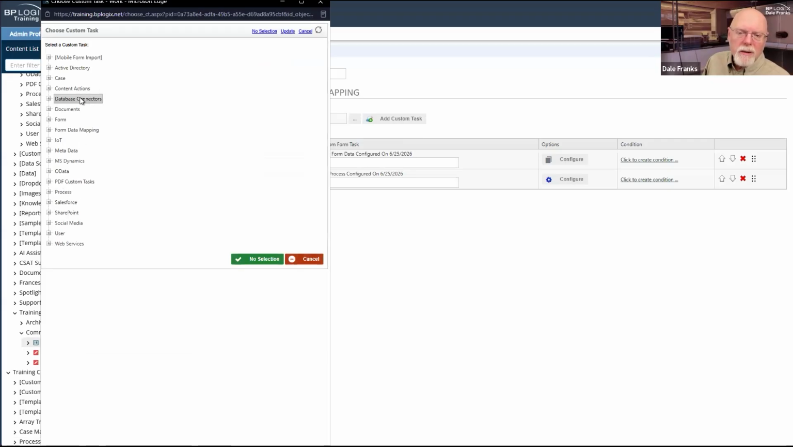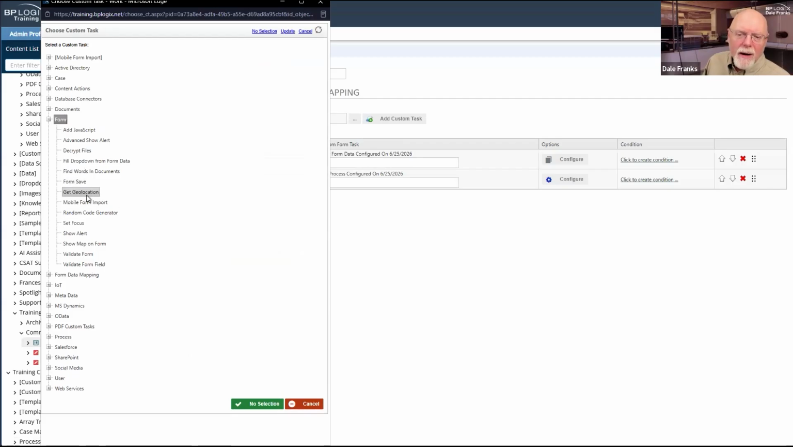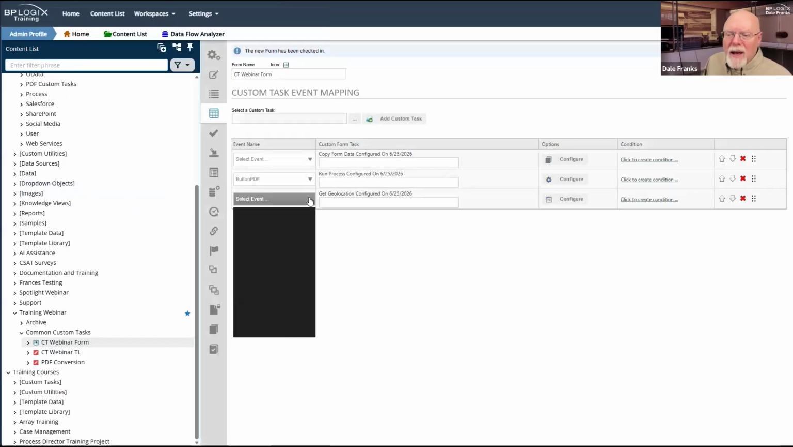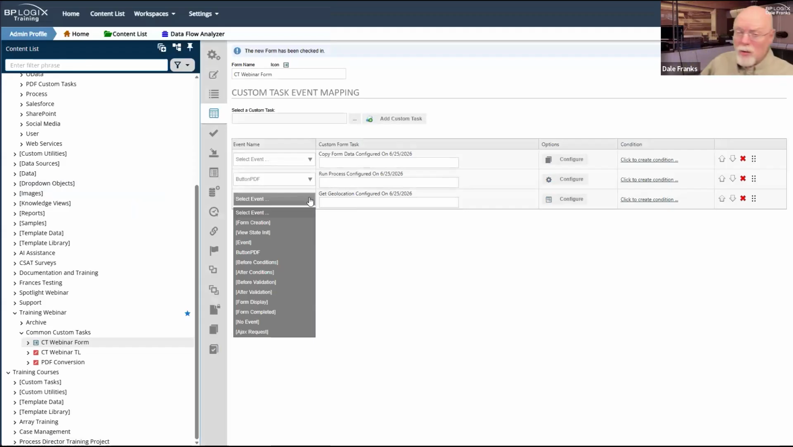So we'll just grab it here real fast. Form. There it is. And we'll add that custom task. You don't necessarily have to have the user invoke the custom task, but as I explained previously, this can only